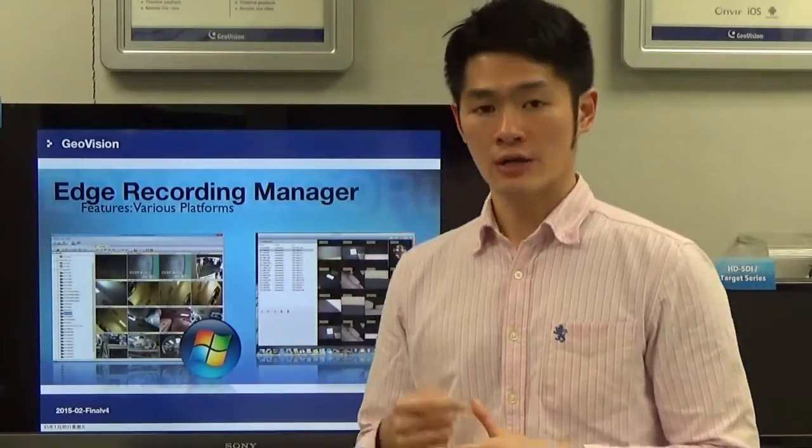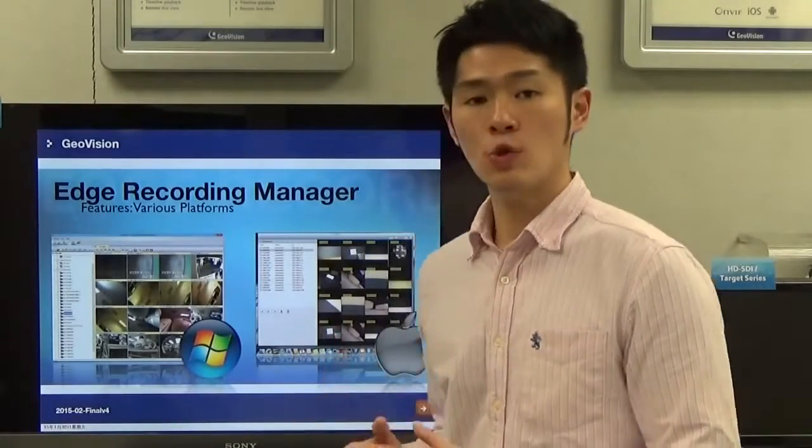For Windows-based, it supports DVR, NVR, two-way audio, and multiple camera time sync features. On the other hand, for OS X, it only supports one-way audio, no NVR, DVR, and single camera time sync features. By the way, if you want to know what other differences there are between these two platforms, please go to our official website, which is